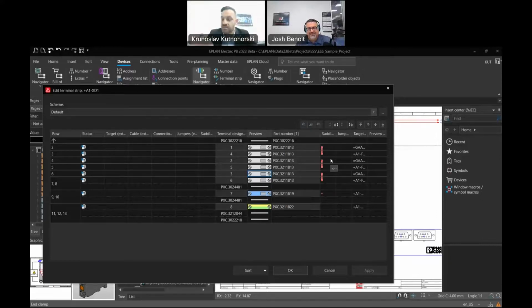Then they know that with EPLAN you can create awesome reports, so they generate the report, and suddenly the order of the terminals is not how they expected. In the schematic they actually look correct, but the truth is they didn't know. Like in this case, you have 1, 4, 2, 5, 3, 6, right? It's not numerical. Why is it like that? Because likely the placement of the terminals was done in that order, and the software thought that's the right approach,